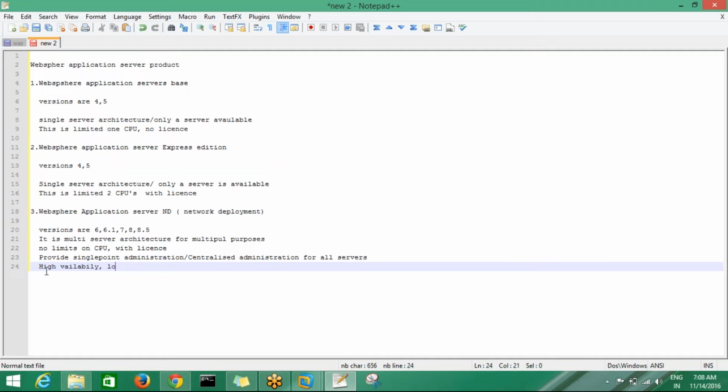High availability, load balance, failover through cluster.